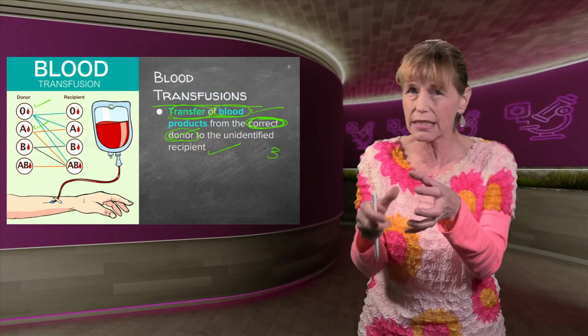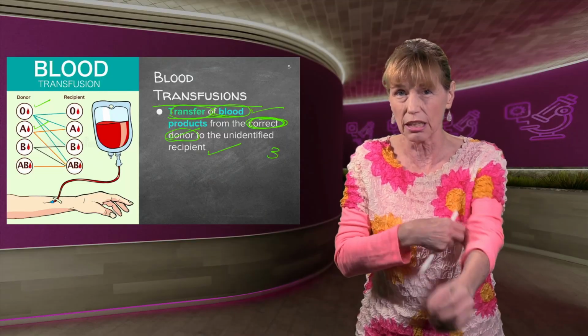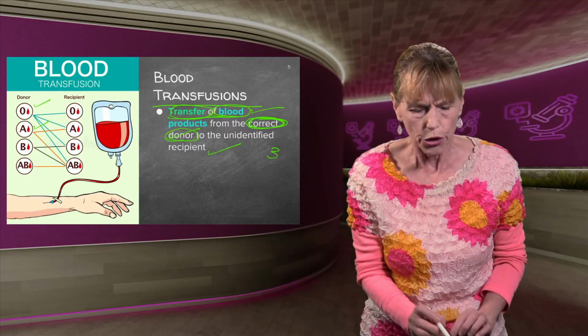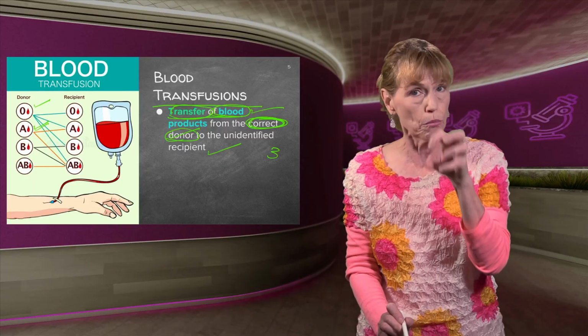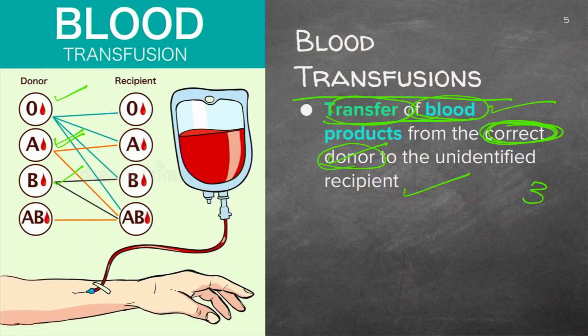And depending on the type of protein you have on your red blood cell, that's called an antigen, your body will recognize it or it won't recognize it. Now, you have an A-type antigen on red blood cells, which are called the A blood. You have a B-type antigen. You have AB, which is basically an A and a B. They look the same, so you have that. And then on your O blood cell, you have no antigens.